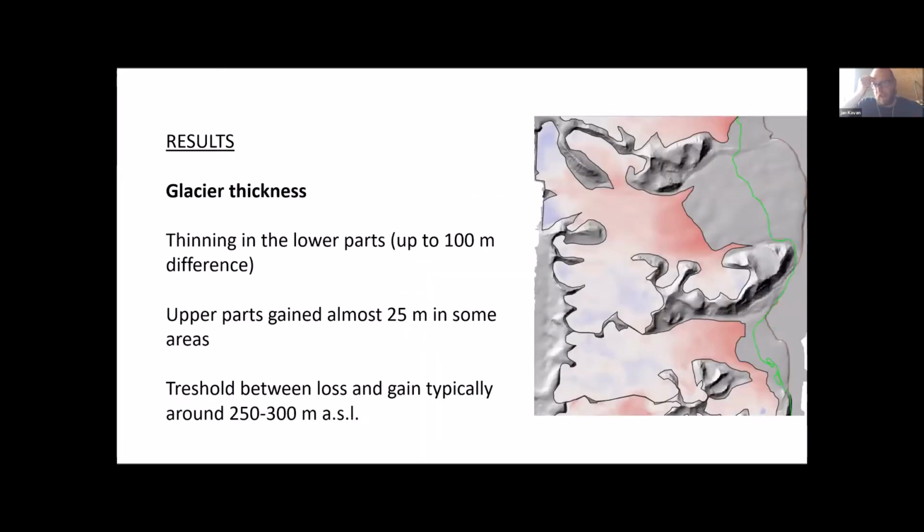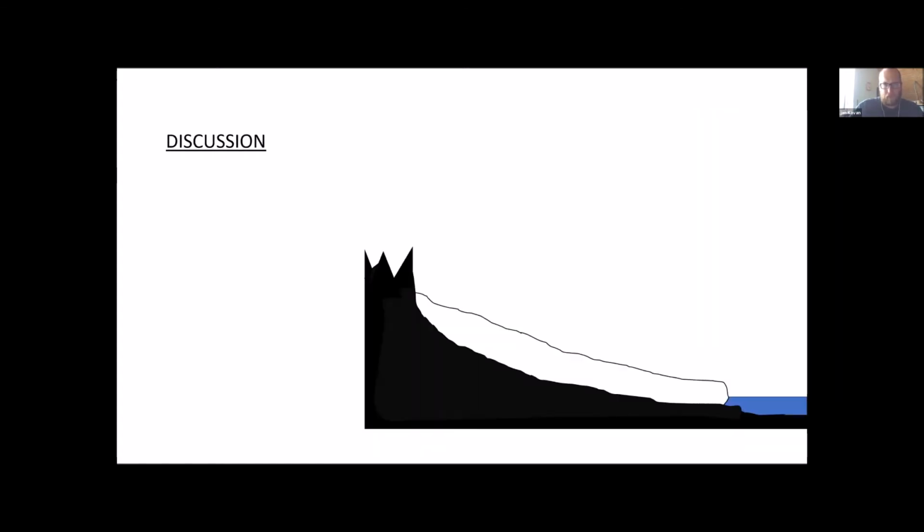When we look at the glacier thickness, most of the glaciers or all of them are thinning in the lower part. In the extreme cases, it's almost 100 meters of difference in ice thickness. And the upper part gained almost 25 meters in some areas. The threshold between the loss and gain is typically around an altitude of about 250 to 300 meters above sea level. So we can say that there is quite an interesting change in the geometry of the glaciers. It's a very simplified picture, so sorry for that, but